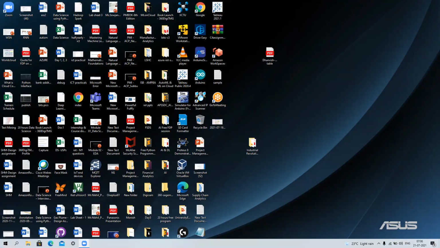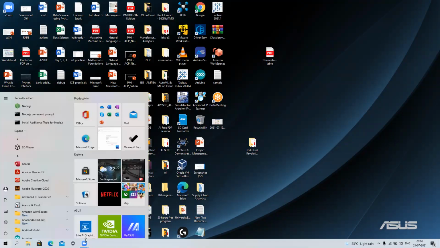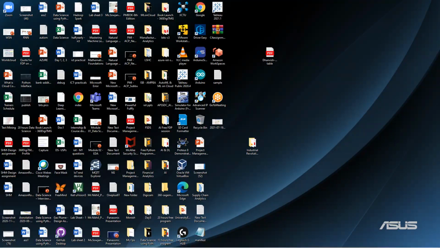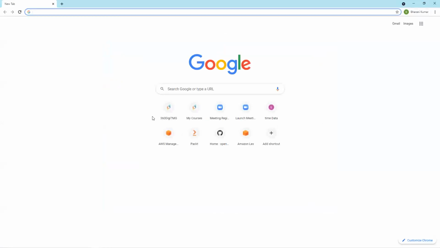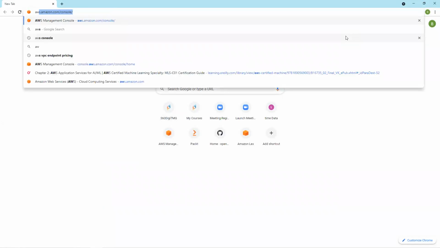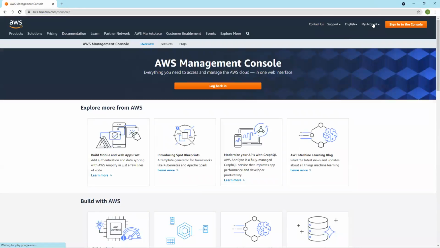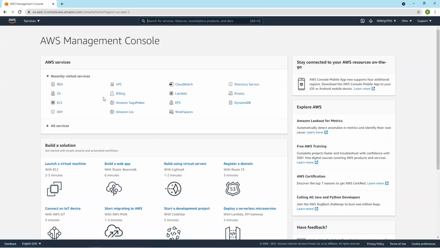Okay, in last class we have been talking about database, right? RDS, relational database. Okay, let us connect to this database.